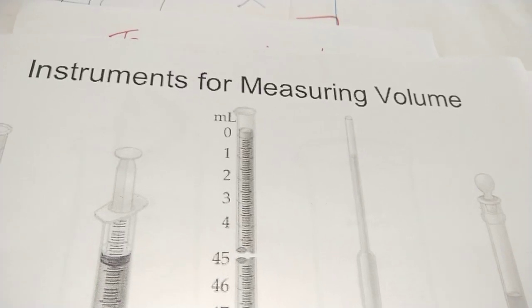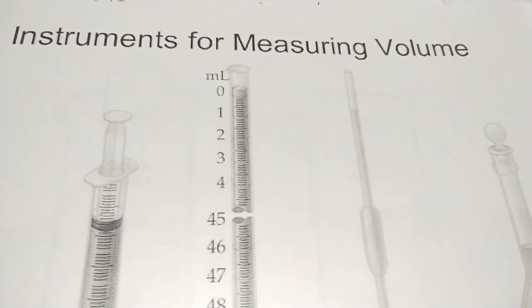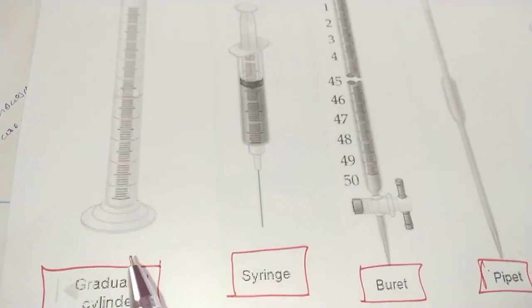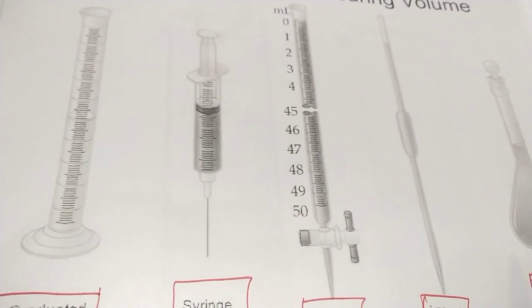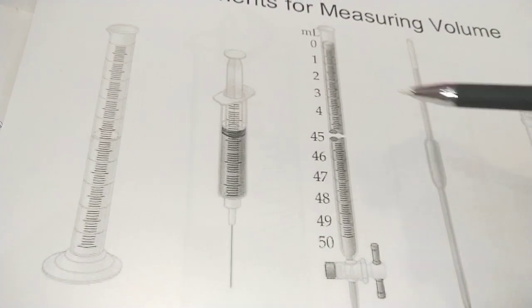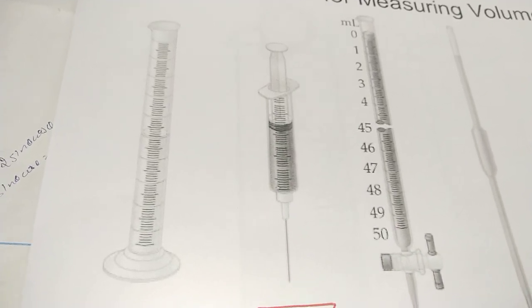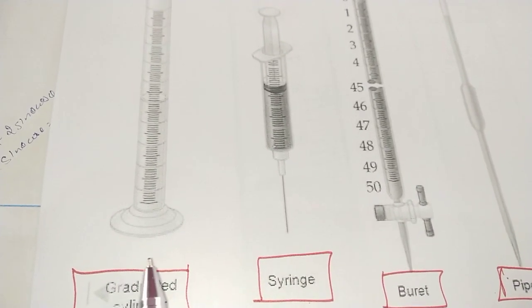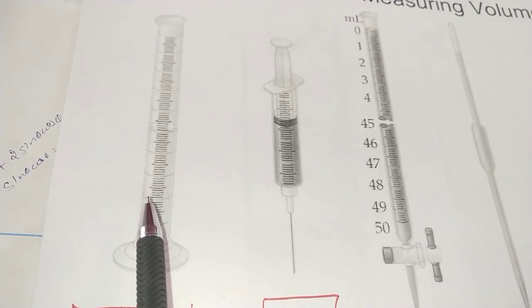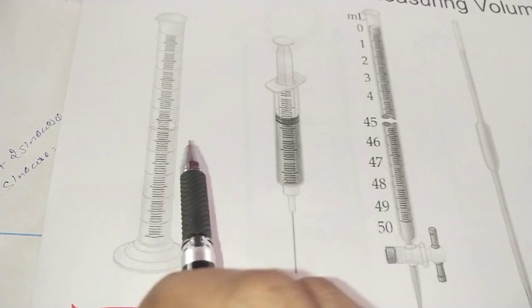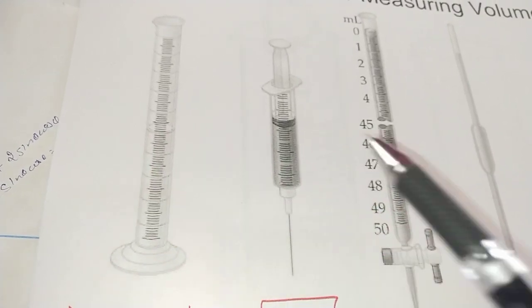So the very first thing that we are going to study today will be the measurement of volume. Now you must have already seen these are the different apparatus that we use to measure the volume, having graduations, markings present on it. This is a very common and very day-to-day graduated cylinder that we normally use in most of the things whenever we have to find out a particular measurement of any liquid, that it should be up to this much amount of liquid or whatever be the measurement.